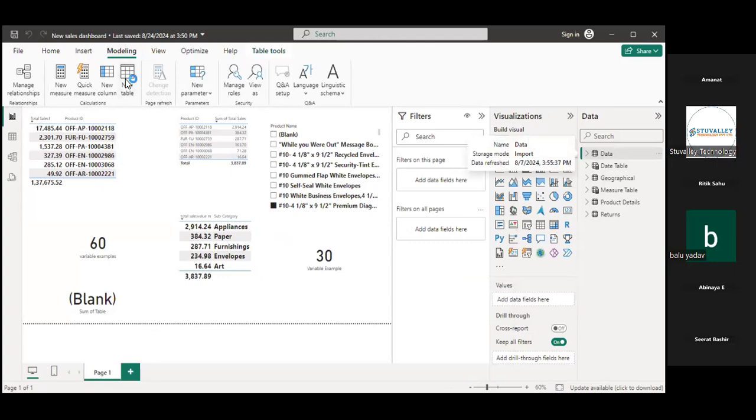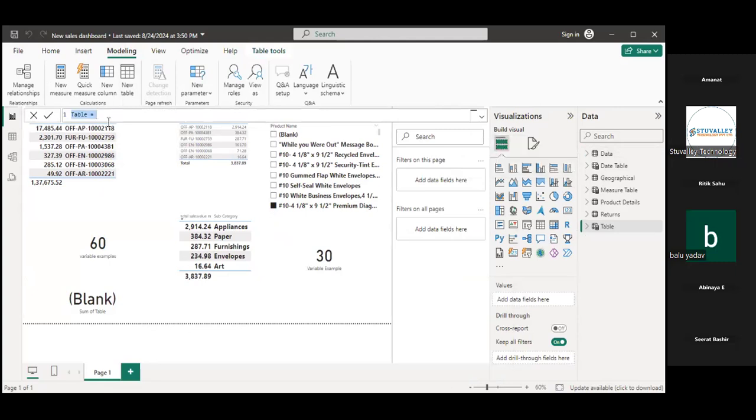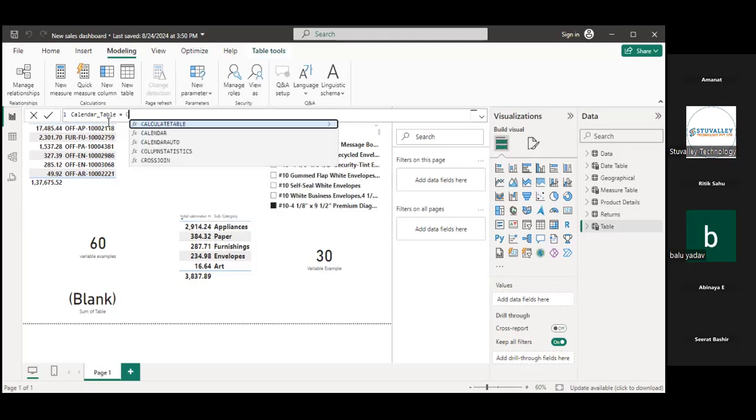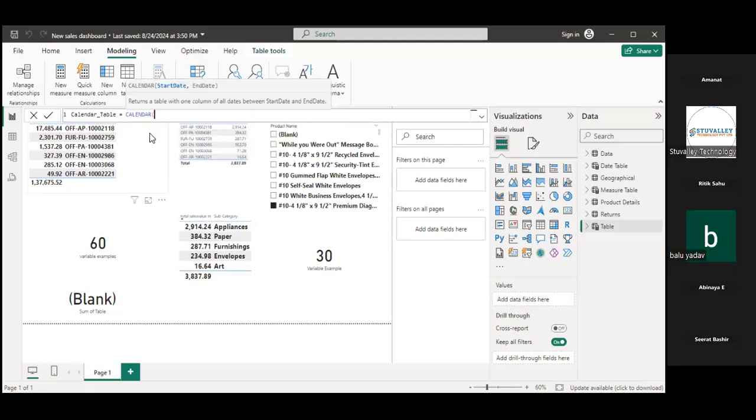Click on this table. Give name. I generally put calendar table. Calendar table is equal to the same function, जैसा उसका नाम हमने यूज किया वैसे ही फंक्शन.